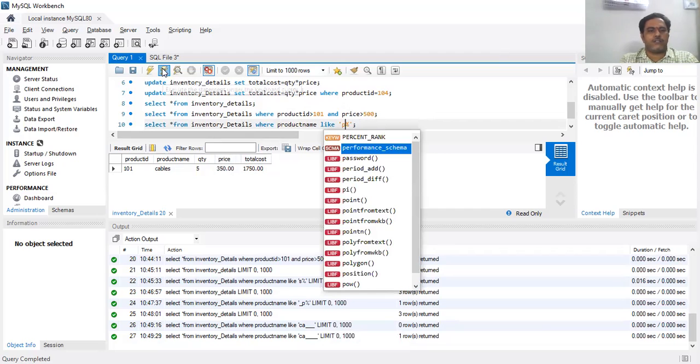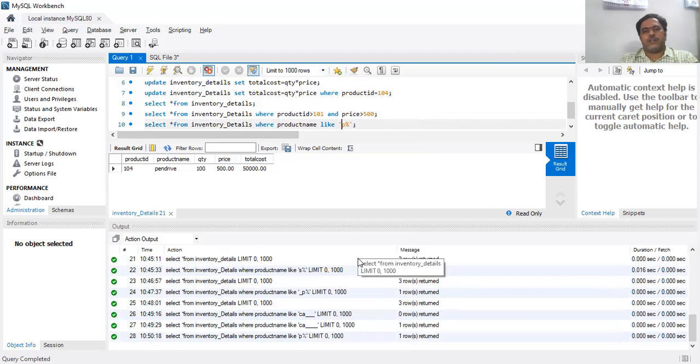So what is the output here? We'll get pen drives. But if I use not like, what happens? Except those that start with P, the rest of all will be displayed. That means the next 2 records will be displayed.